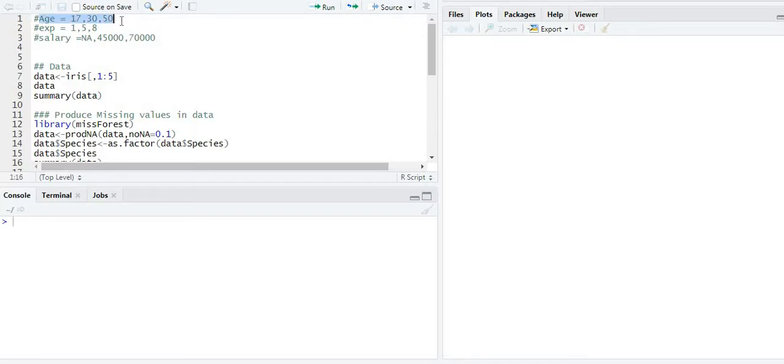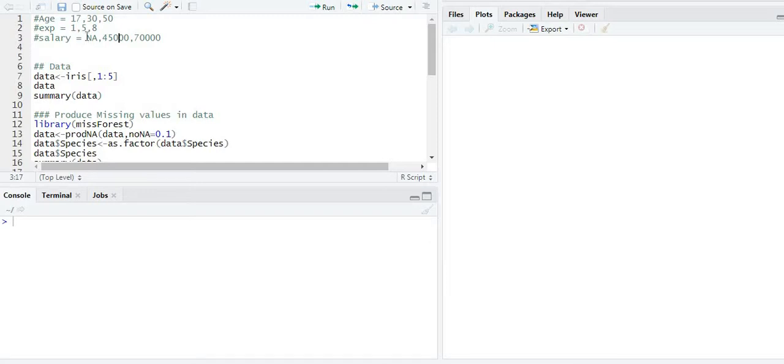You can see here we have three variables: age, second is experience, and third is salary. We try to use this age and experience to predict the salary. Let's see, we have one NA value in salary. So when we use an average for any missing value, let's say when we took an average of these two values and we put it here, it may be around 57,000.